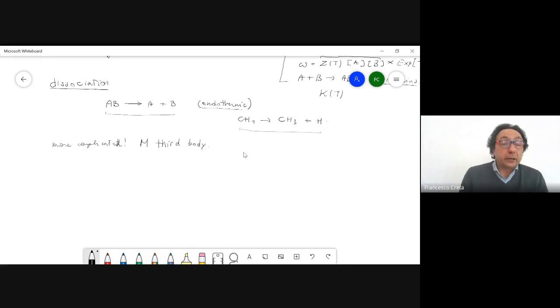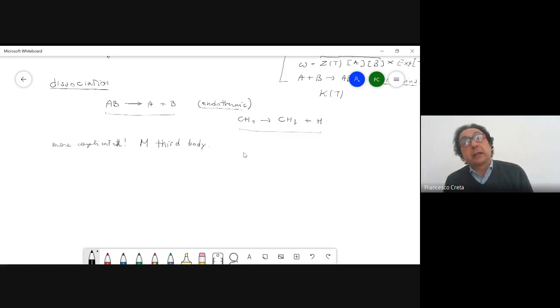What is a third body? Well, first of all, it's a molecule. Okay, it's a generic molecule, so it could be any molecule in the system, and it's a molecule that will participate in the reaction, but not chemically. So it will not change its chemical conformation, so it will not break its bonds or change its molecular structure, but only will take part in the reaction only energetically. Okay, so for example,